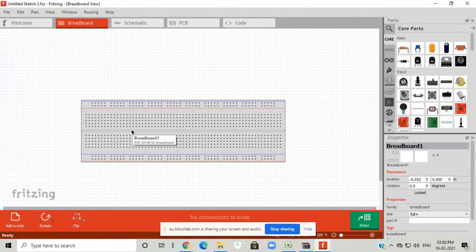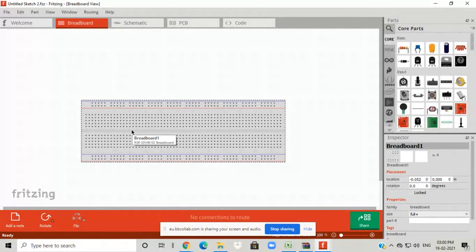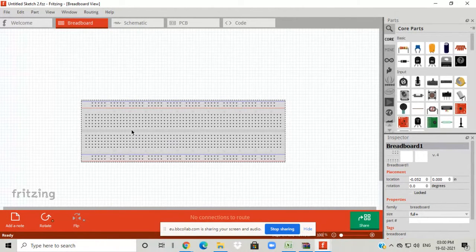So it will bring to you one breadboard view. You know very well what a breadboard is, because last time in the BEEE lab we performed the experiment on the breadboard as well. So you are much comfortable in this, I know.